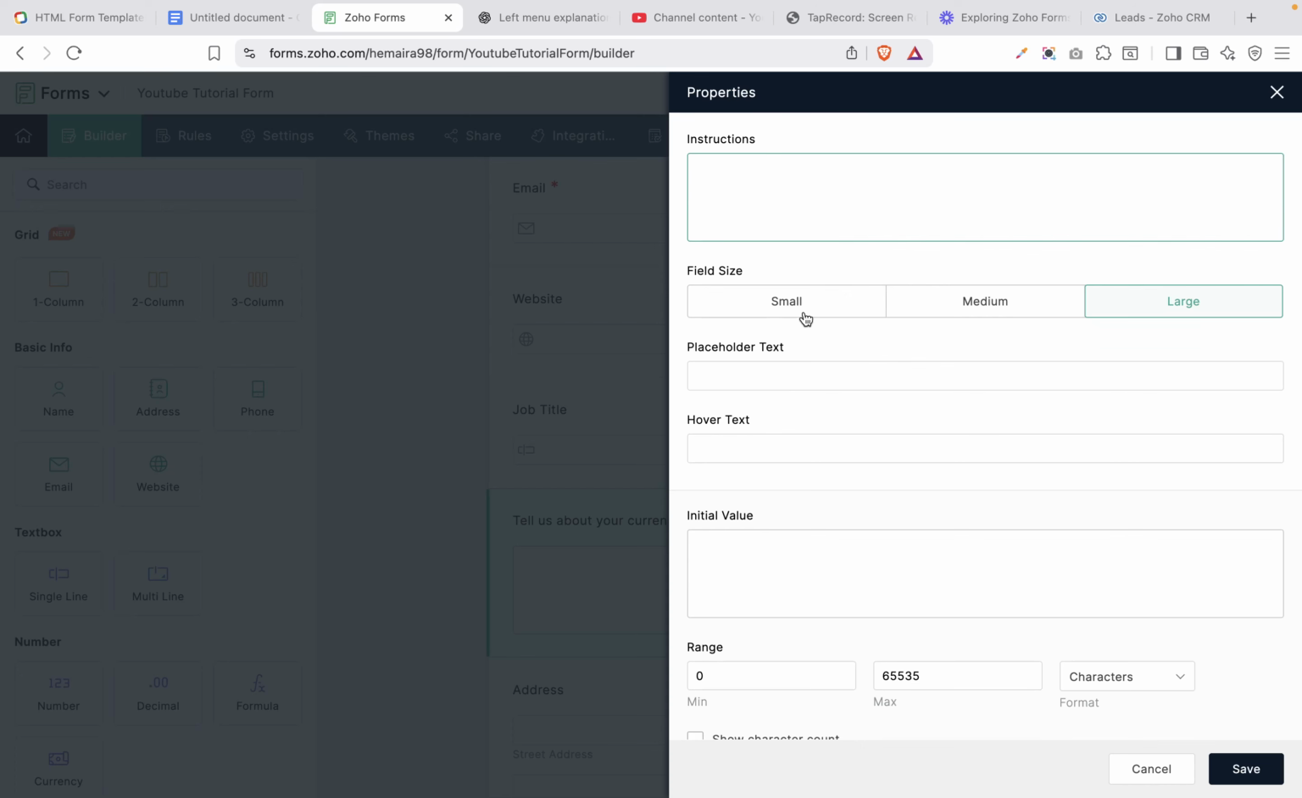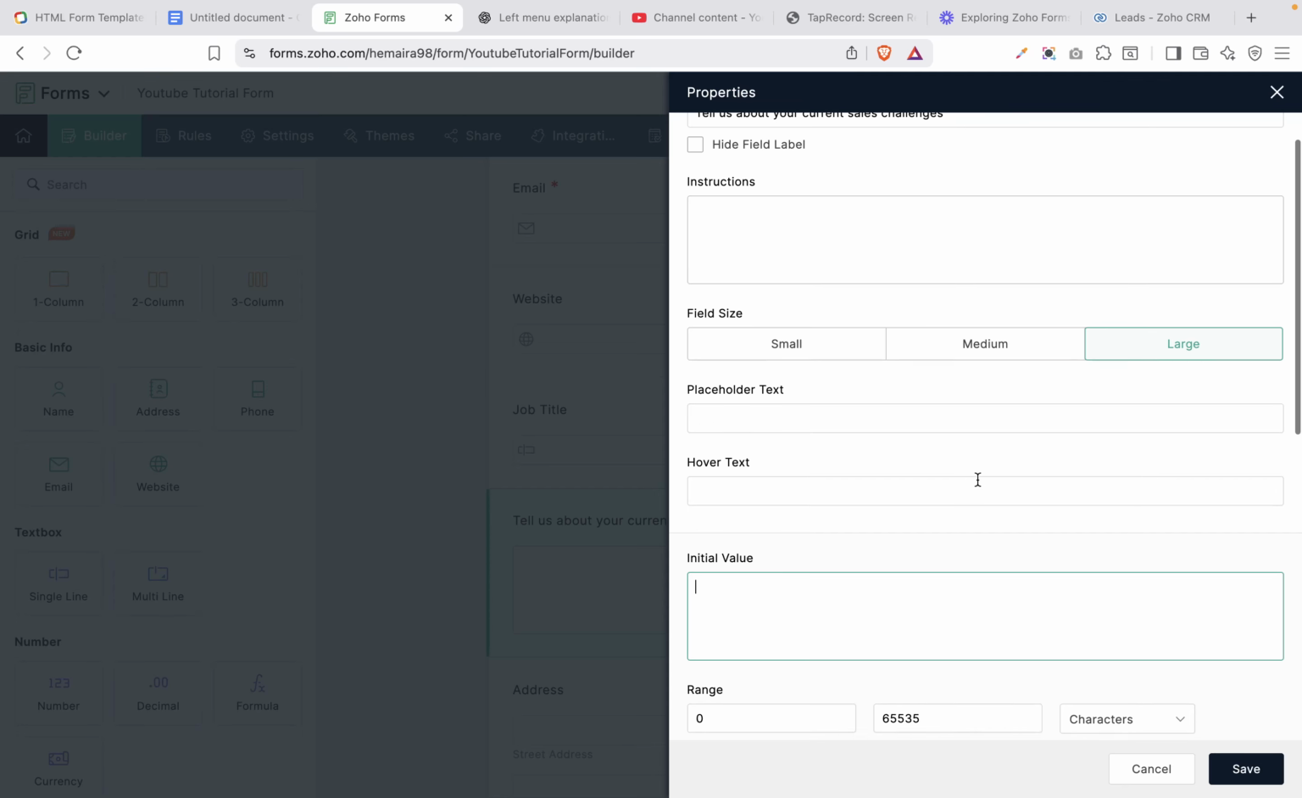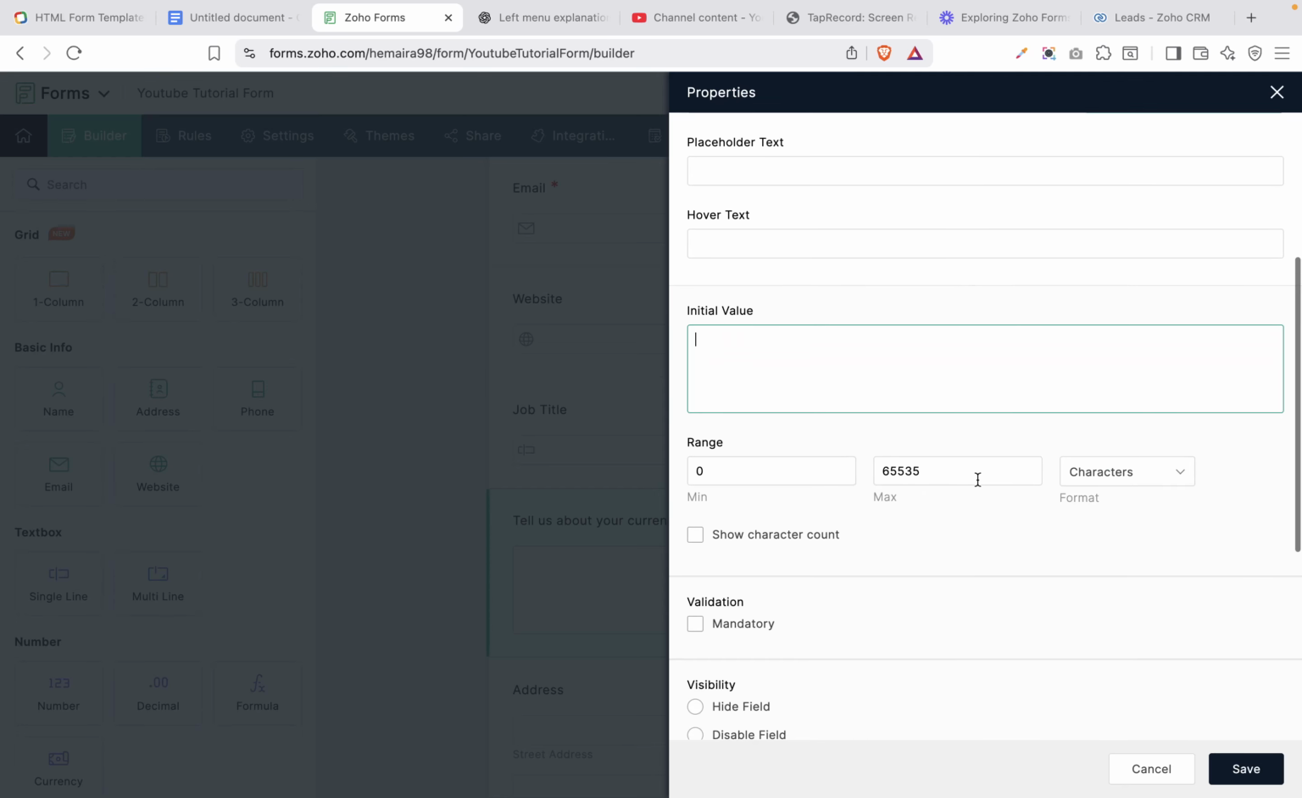You can also make this small or medium or large. You can add a placeholder text if you want. You can decide to add a hover text and an initial value. So for the initial value, you can write a simple text and give an example of how it is going to look like. So you can add that in. They can also be able to remove those texts and just